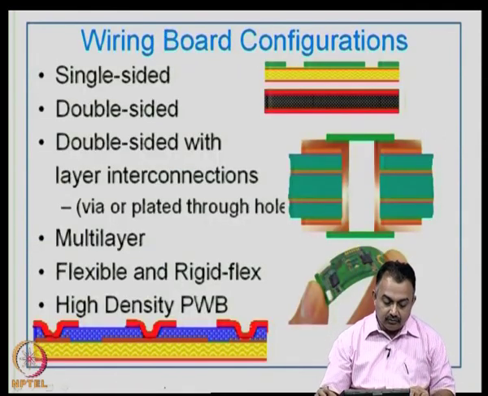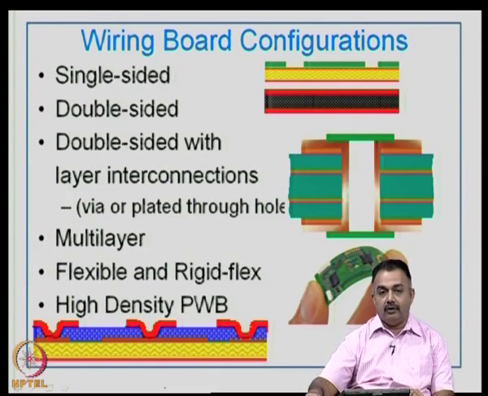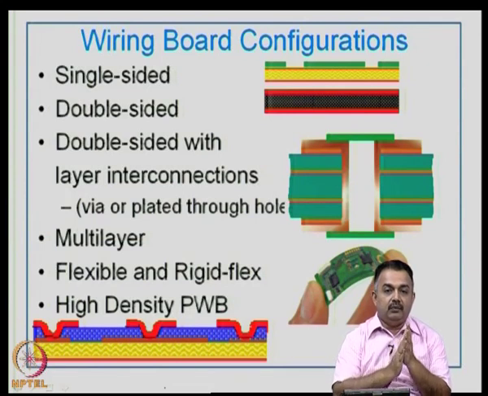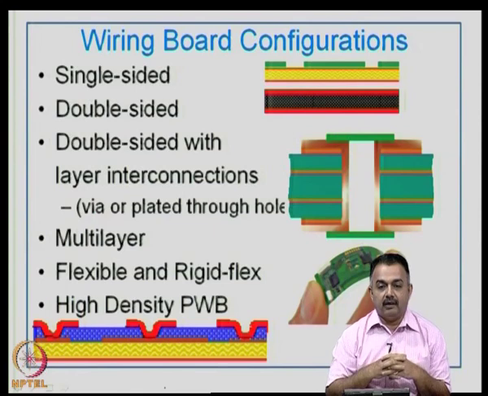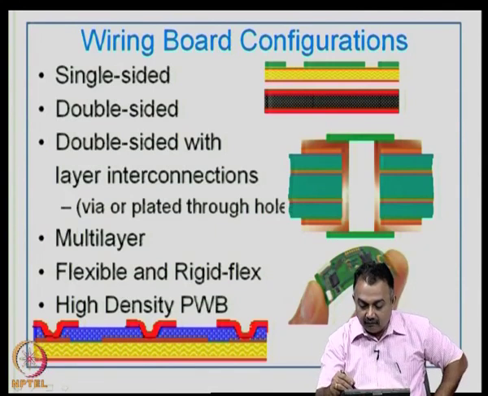Now, we will come to looking at the wiring board configurations, because if you want to discuss more about CAD, you must now know what are the configurations that you have in the printed wiring board. The first thing is a single sided board. What does it mean? That it has copper on one side, this is the copper and this is the core dielectric,